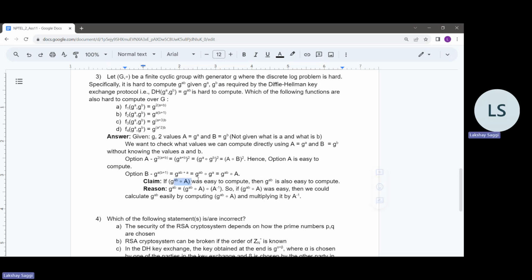So we know that if this was easy to compute, then this is also easy to compute. But we know that this is not easy, right? Hence, by contradiction, we can say that g raised to power ab times a is hard to compute